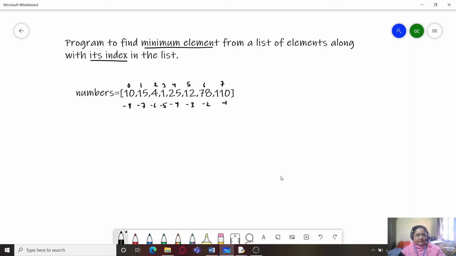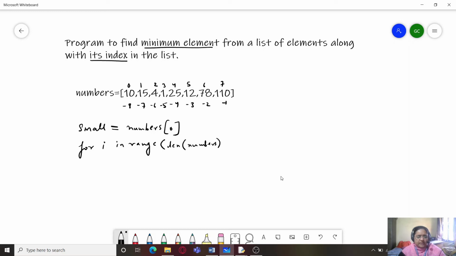So we have first created numbers here. Now I want the minimum element. So I'm going to take a variable that is small, and I will just provide the first element, that is numbers 0, to it. Okay. Now for i in range len numbers.